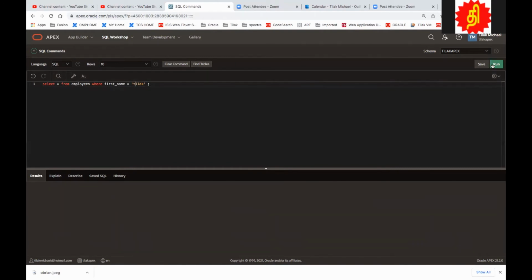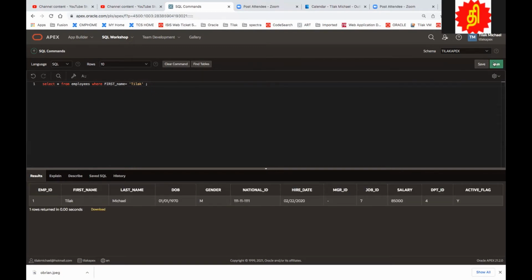The syntax may not be case sensitive. I can put anything here. I can say first name, and that works for me. There's no problem. So basically the Oracle syntax is not case sensitive, but the data is case sensitive. Okay, understand that part. But when you go to Java, Python, Python also, the language itself is case sensitive. Here, the data is case sensitive.